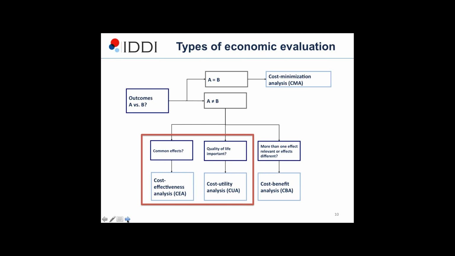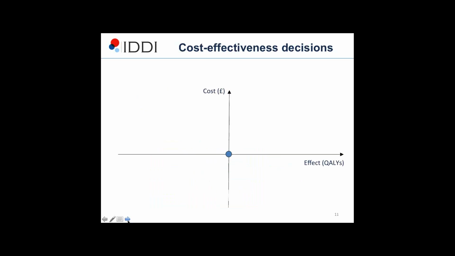A very common outcome for me here may be the amount of time spent in hospital. So maybe the difference in cost for a reduction in hospital time would be the metric here. Or secondly, on the right-hand side, the generic measure that we often try and collect in trials, and I'll pick up on this theme in the next couple of slides, is quality of life, or what we call cost-utility analysis. Now, cost-benefit analysis we can do, but just to make the point that that's usually limited to non-healthcare settings such as transport, economics, etc. So, okay, we do these comparisons. How do we make decisions?